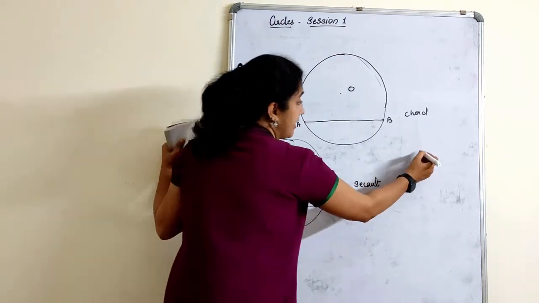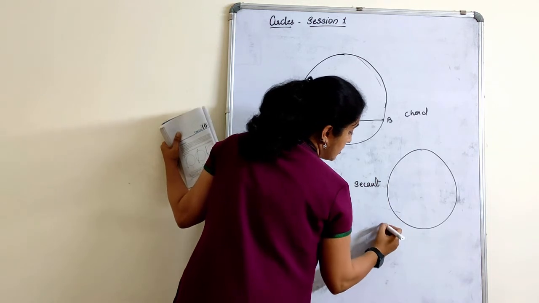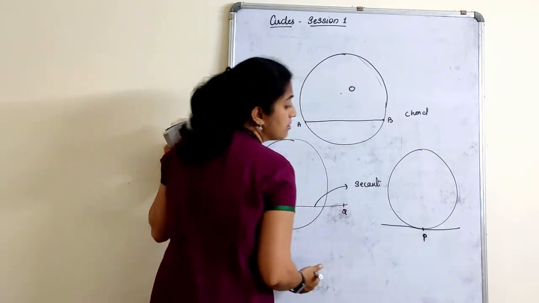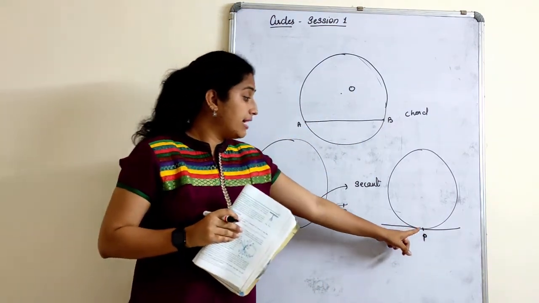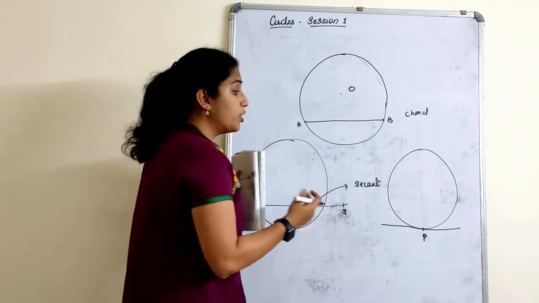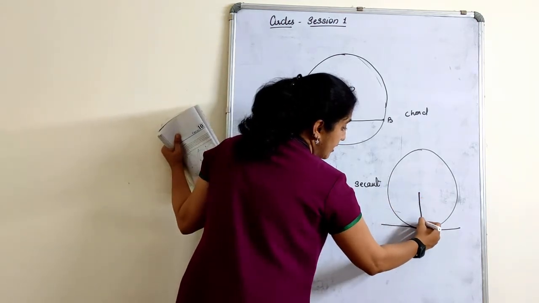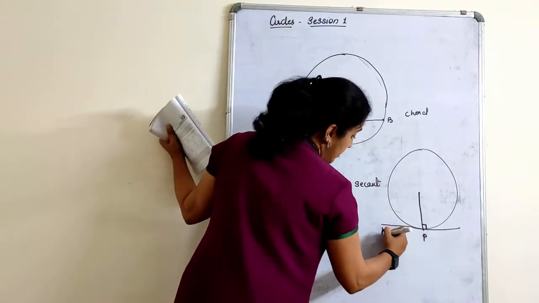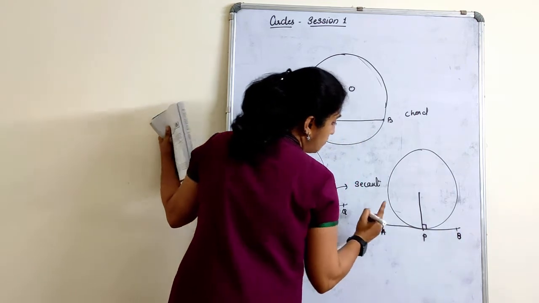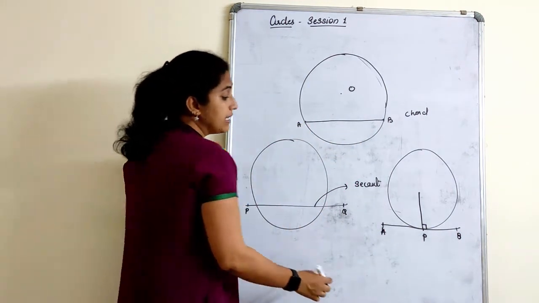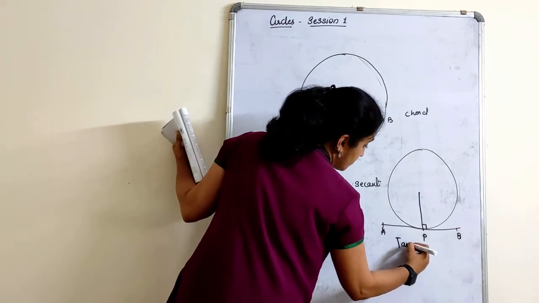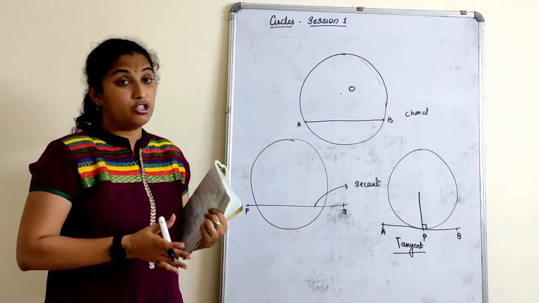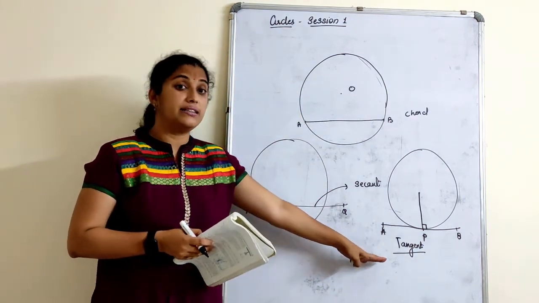Okay. Now, if I draw a circle and another line segment which touches the circle at one point, and I join that point of contact to the center, when I actually draw and see, I always get a perpendicular. That line segment which touches the circle at one point of contact is called a tangent to the circle. In this chapter we are studying about circle and its tangent and its properties.